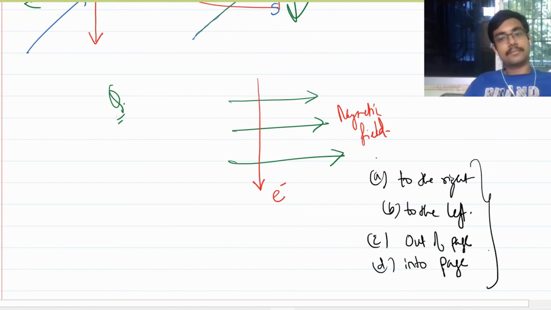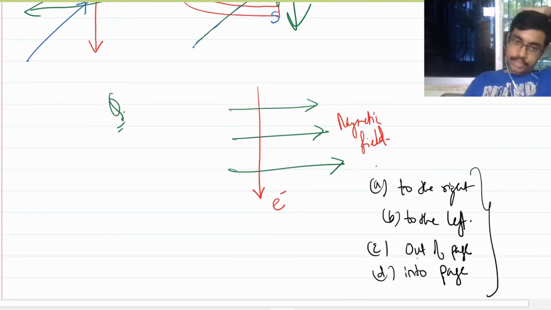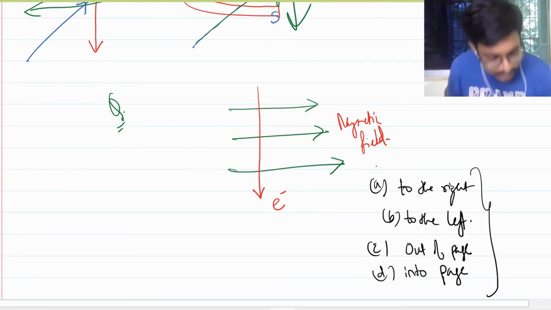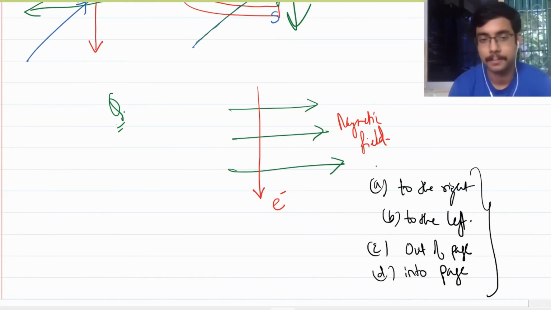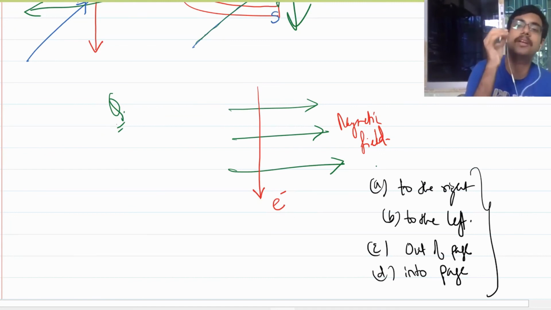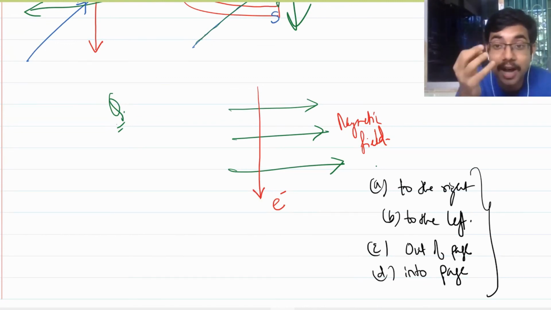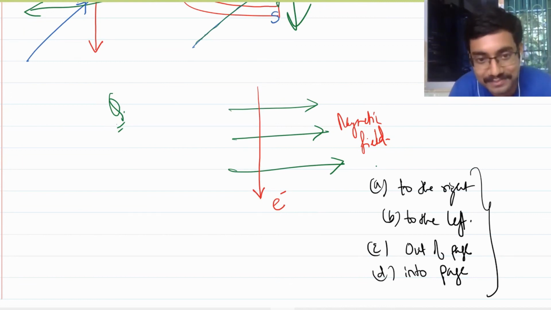Okay, this is your question. Just try a little bit, think on it a little bit, and then answer. Think properly. You need to think. This is very simple. There is one simple point here to note that will solve the entire question. The point to note is that the direction of current is opposite to the direction of electron flow.